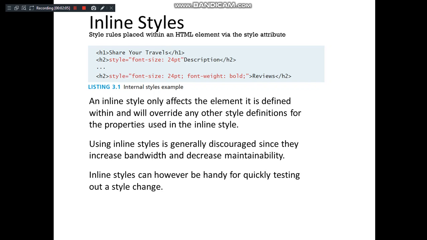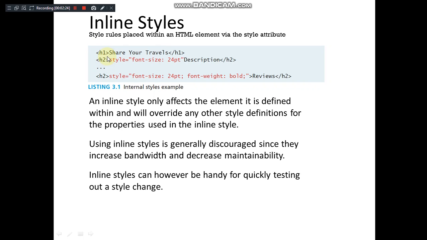Inline style sheet, right? In an inline style sheet, the style rule is placed within an HTML element itself by using the style attribute. So it is used along with the tag itself as an attribute. You can just observe here, there is actually a mistake here.